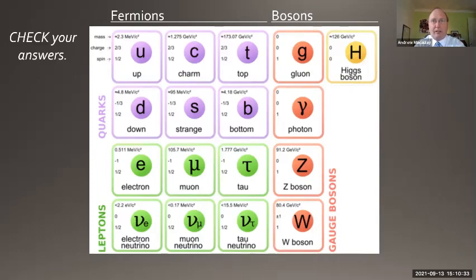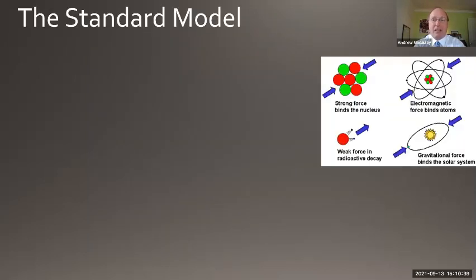If you haven't jotted it down at this stage, you can always rewind the video and jot them down again. The standard model, and if you look on the right-hand side, you'll see a diagram with 4 little diagrams. There's a strong nuclear force that binds the nucleus together. This is why 2 protons sitting in the nucleus don't fly apart. There's a weak nuclear force that occurs in the nucleus that causes the nucleus to decay. It's fairly random as to when it happens, but in general we talk about a half-life.